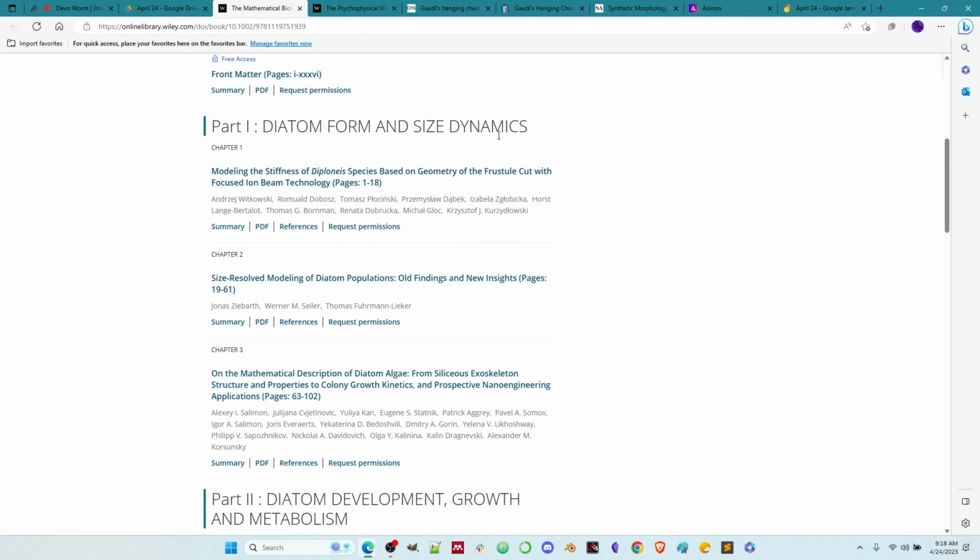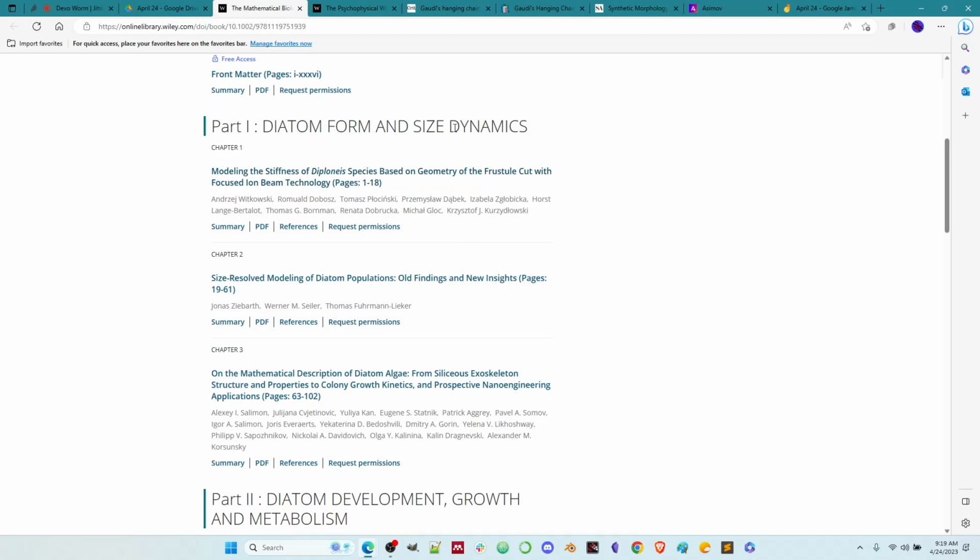Part 1 is diatom form and size dynamics. Diatoms are a really fascinating group of organisms because they are algae, so they have a solid cell wall. It's actually made of silicates, and they accrete their cells. They don't necessarily grow them like an animal. They can divide, and they actually have sexual reproduction, and they respond to different cues in the water column in different ways. So without going into the details of diatom biology, which we have in that YouTube video on the YouTube channel,